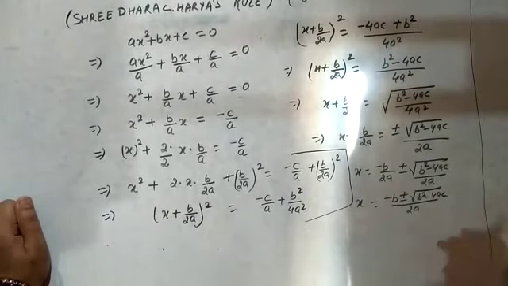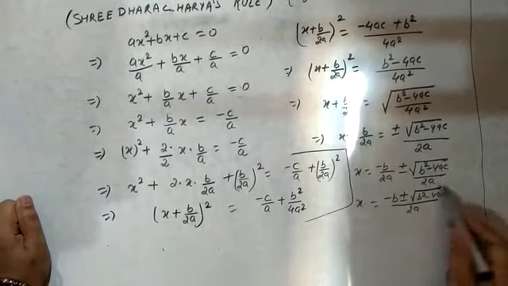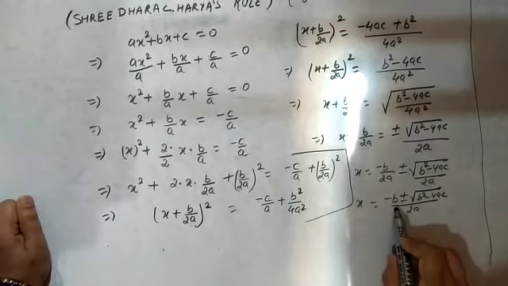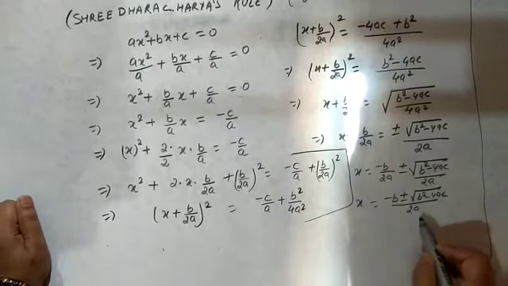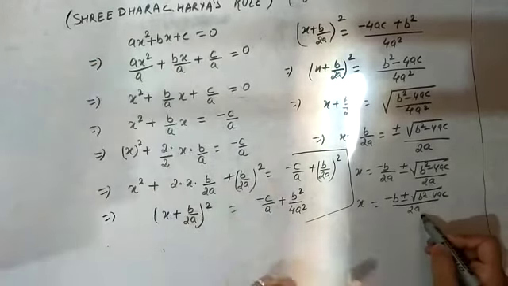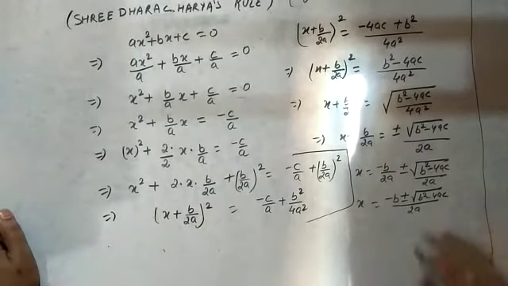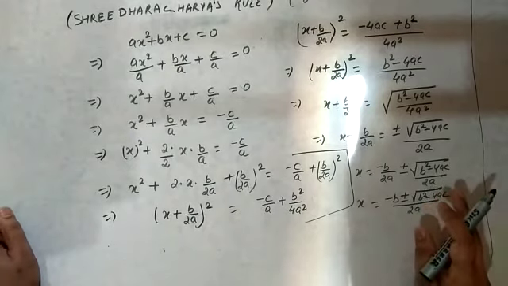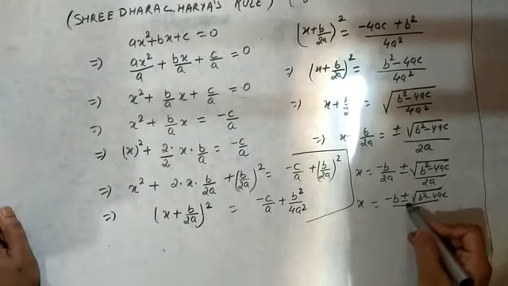Now whenever we get any equation, we can directly use this to get the value of x. Means x equals minus b plus minus root under b square minus 4ac by 2a, where b is the coefficient of x, a is the coefficient of x square, and c is the constant term. So with the help of this formula, you will get two solutions of the quadratic equation, or two roots, one with the plus sign and one with the minus sign.